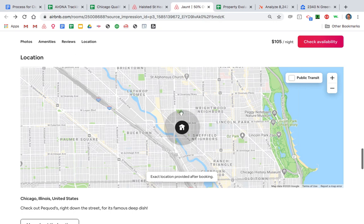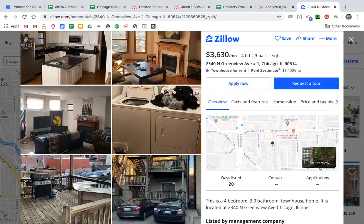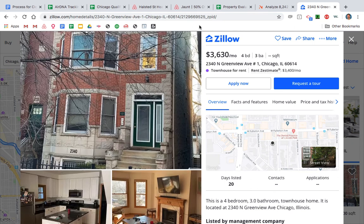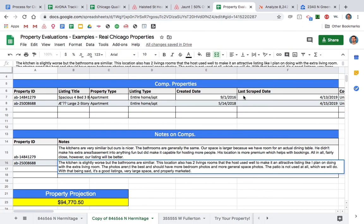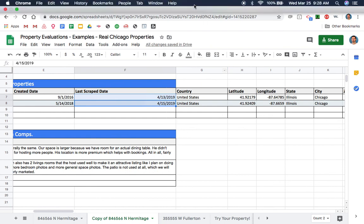So we're actually in the exact same spot, right? And it's a fairly close listing to what we're looking at. And it did 105, okay? Let's go back over here. 104, sorry, 104,000. So that's a big deal because if we're in the same general area as this guy,